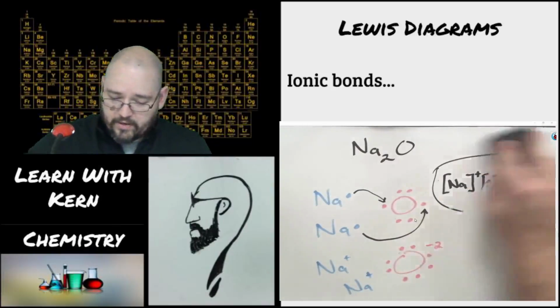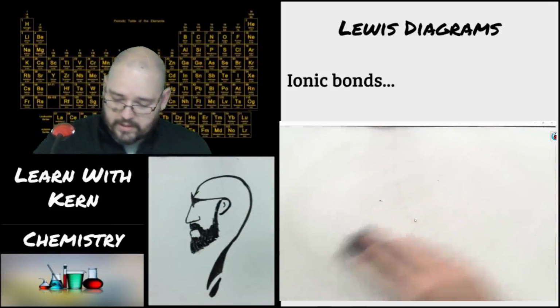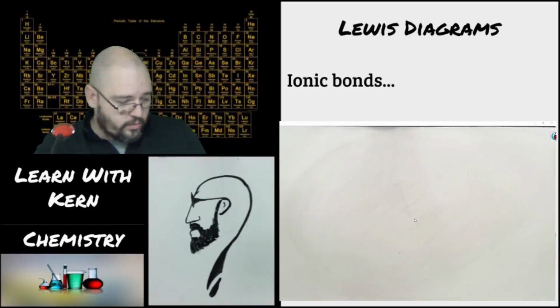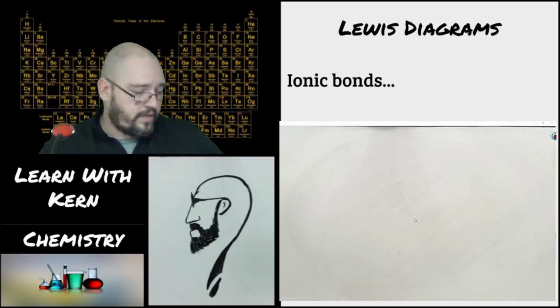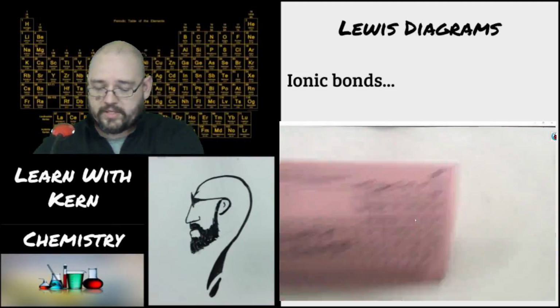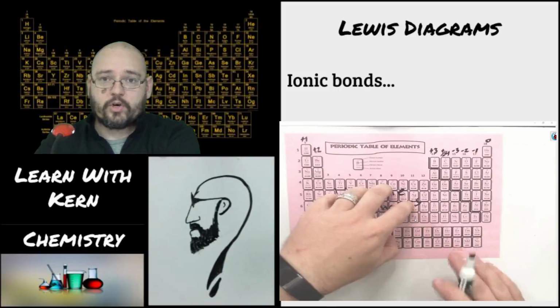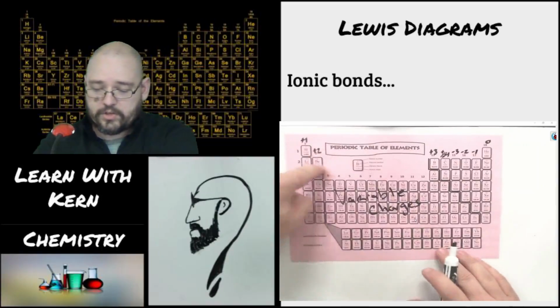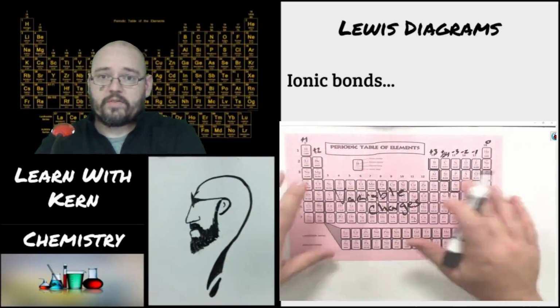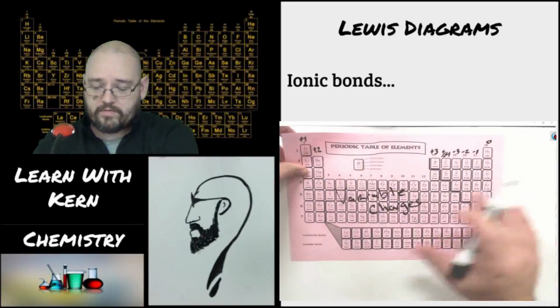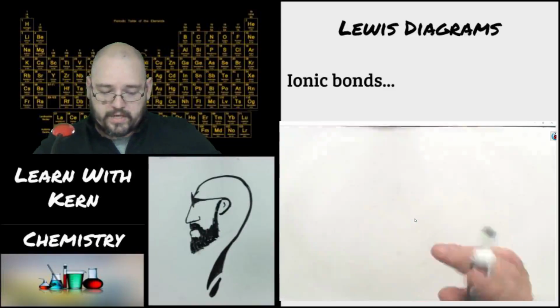So let's look at one more example. Okay. So I'm going to do one where I'm dealing with a transition metal, something that's here in the middle and has a variable charge. Since I know the charges and the valences of all of those, how do I know the charges and the valences of the ones in the middle? Okay, so let's do